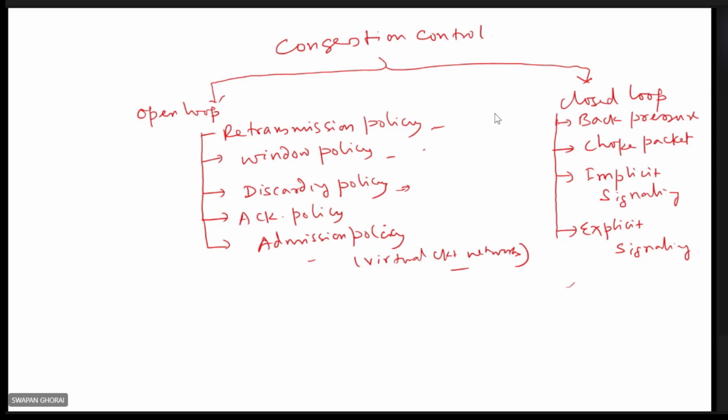A series of nodes are there. Then there is a congested node. What will happen? It informs the previous node to slow down. Then when that node receives these signals, it may become congested because it is slowing down. So then it will inform the previous node. In this way, ultimately the information will go to the source node to slow down. So in this way, it can eliminate the congestion. This is the back pressure mechanism.